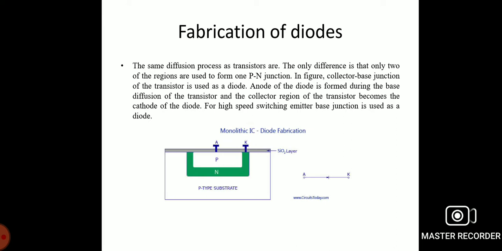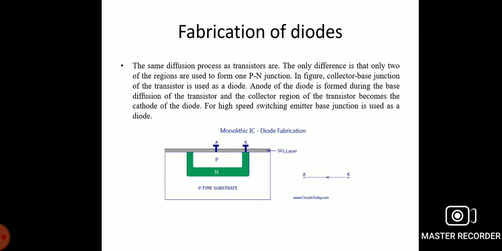The choice of the diode structure depends on the performance and applications desired. The collector to base diodes have higher collector to base breakdown rating, and they are suitable for common cathode diode arrays diffused with a single isolation. The emitter base diffusion is very popular for the fabrication of diodes, provided the reverse voltage requirement of the circuit does not exceed the lower base emitter breakdown voltage.